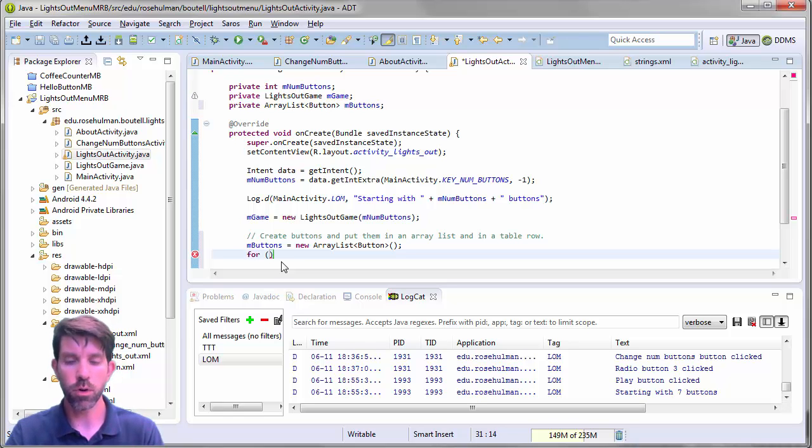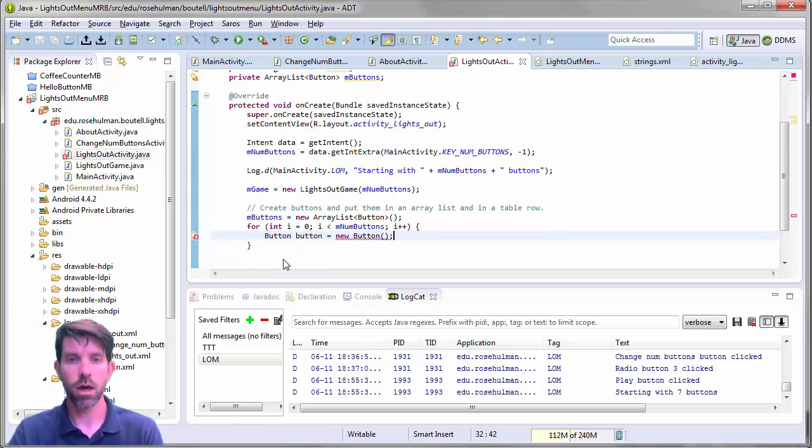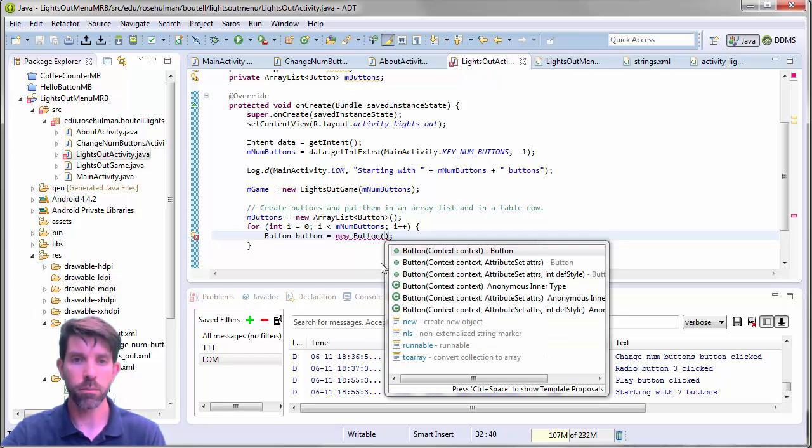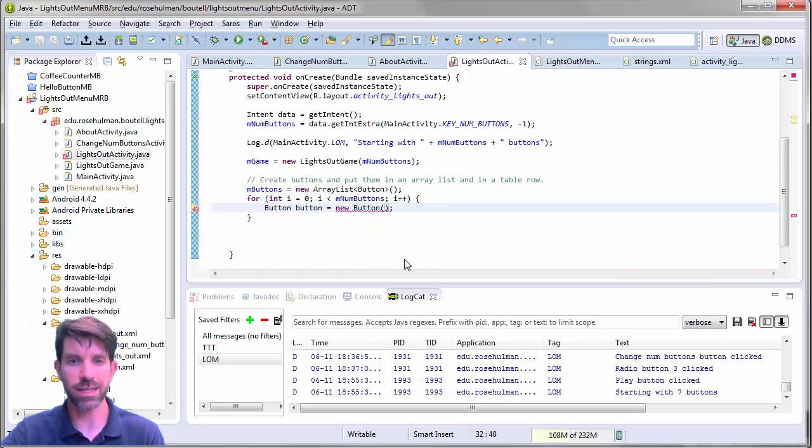And I want to loop over my number of buttons. So int i goes from 0, i less than my number of buttons, i plus plus. And I want to make buttons in there, right? So make a button. How do we make a button? So it's going to be a new button. And you would think that you could do it as simply as that, and it's going to complain that there's no such constructor. But what you want here is you notice that the simplest one is one that takes a